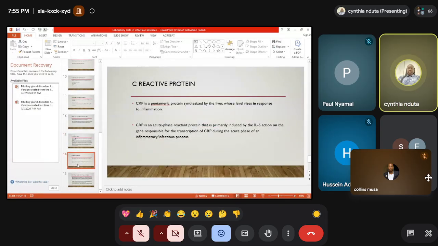So we do have this biomarker. This is a very common biomarker. It's called a C-reactive protein. This is a protein that is synthesized by the liver. And anytime there is some acute inflammation, the protein level rises. So it's an acute phase reactant protein, and therefore it can be used very well in the early phases